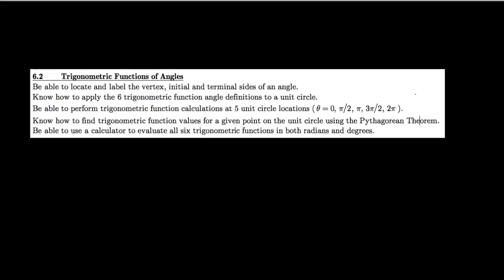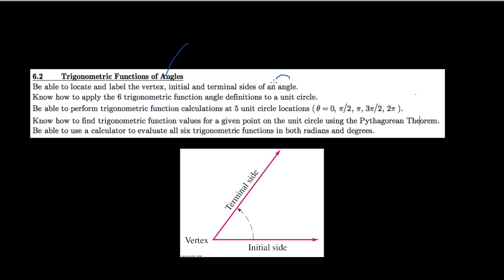The important part of the second section in trigonometry is the definition of the 6 basic trig functions. We're going to do a little bit of review about vertex, initial, and terminal sides of an angle. You've seen some of that before. We're going to learn 6 new functions that are used in trigonometry, and we're going to use those 6 functions at 5 different spots on what's called a unit circle. We'll do a little bit of Pythagorean theorem review, and then we'll learn how to do those 6 trigonometric functions